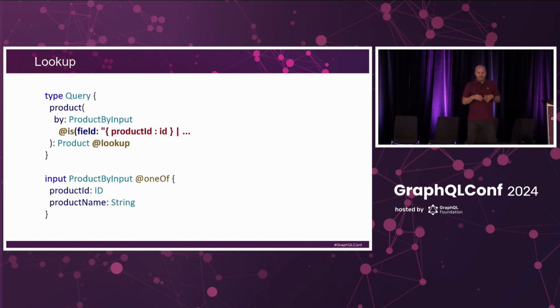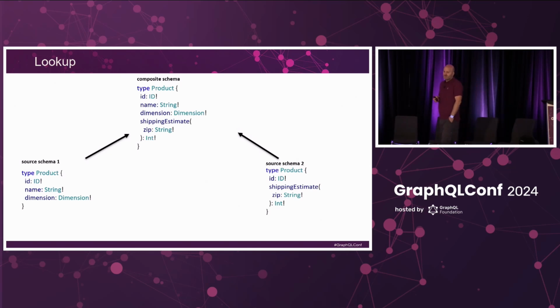The field selection map syntax that the is directive uses expresses how data from the return type, in this case product, relates and maps to an input type and allows us to understand what this field really does. We have taken this very same approach also with data requirements. So how does this work, these data requirements?